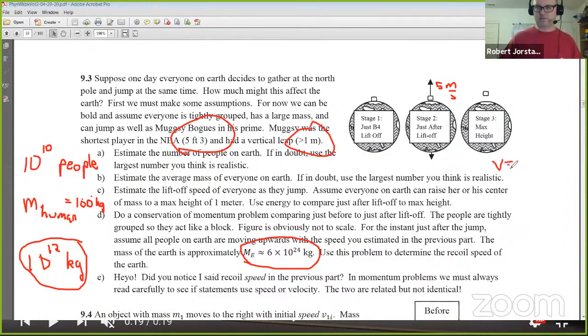We know that V is equal to the square root of 2GH. So that's 19.6. What's the largest you jump? Maybe a meter high? That would be insane, right? That's like a professional athlete. So 19.6 times 1. So square root of 20, basically, right? I'm just punching in the numbers. Square root of 20 is about 5. So this would be elite athletic jumping ability. Vince Carter, Michael Jordan, something like that. I don't know. So yeah, imagine if everybody was as big as me and could jump as high as the best basketball player on Earth ever, right? You would be looking at,